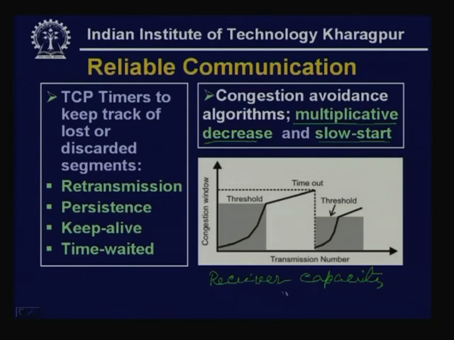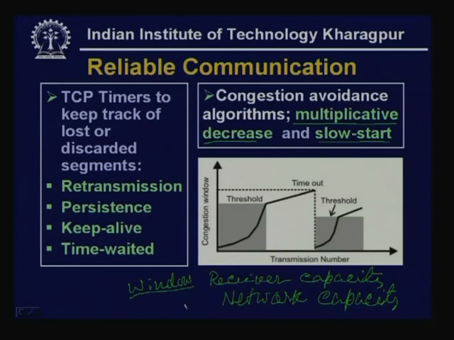One is the smaller receiver capacity, another is the lower network capacity. As we have seen, the receiver capacity is provided with the help of the window. So, the window size provides the receiver capacity. However, the network capacity is not provided by this window. For that purpose, a separate window known as the congestion window is used, and